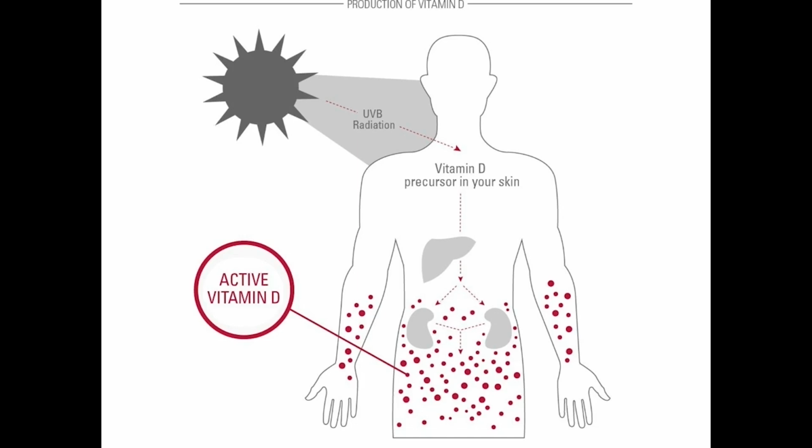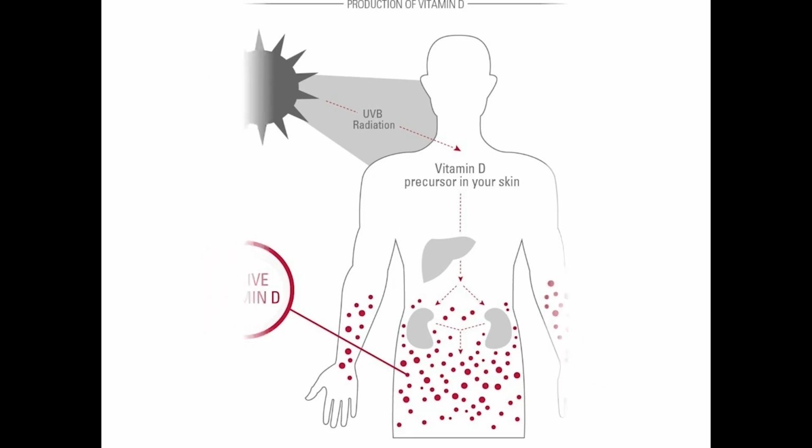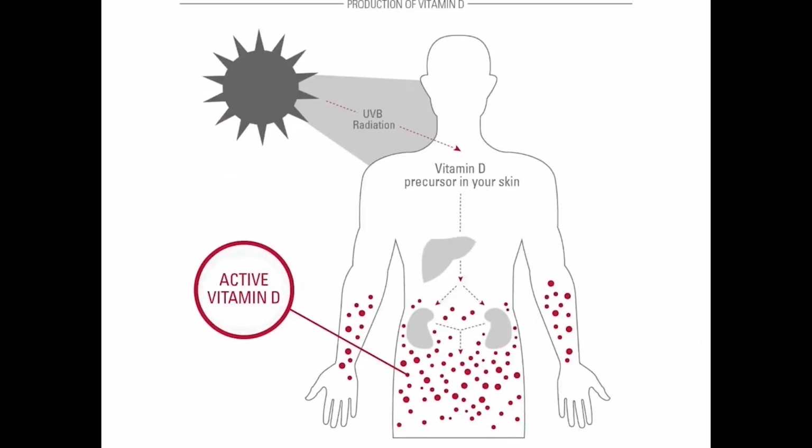So again, if you want to quote someone, you can quote me. Leo Marshall says that this is our immune system. Active vitamin D is our immune system. You got that working and everything's fine. It's going to protect you from a lot of diseases. Now, that means that your liver and kidneys become very important to your health because they're the ones that are involved in vitamin D synthesis.